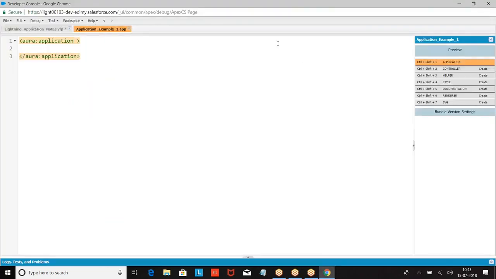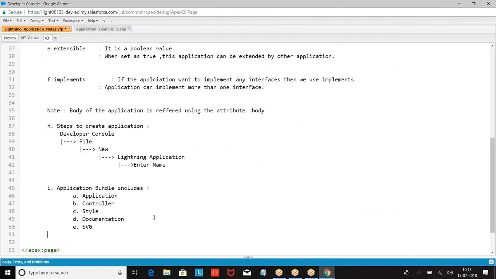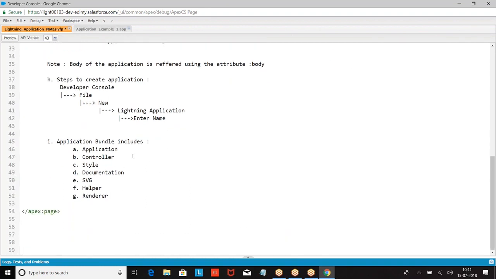Now documentation, design, we have helper and renderer. Now, it is an application bundle.